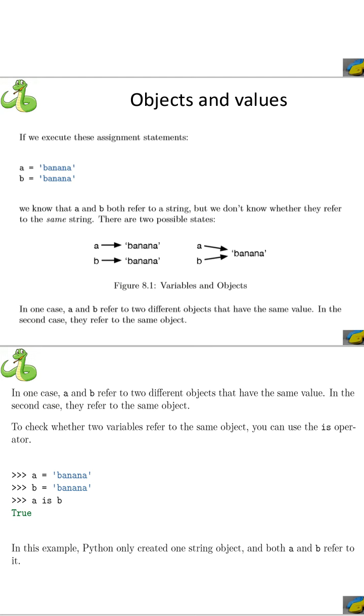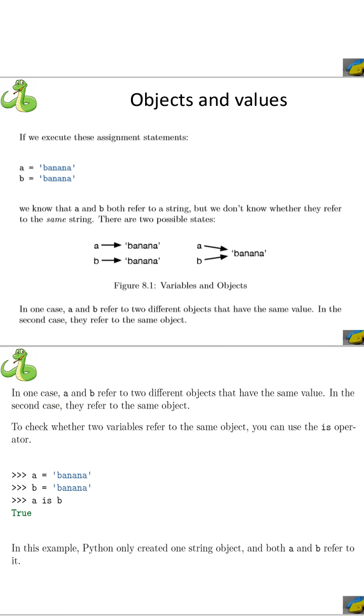What it means is, banana may be assigned to both A and B, but we are not sure whether both A and B refer to the same string in the same memory location or not. There may be a possibility of referring to the same string with the same memory location, or both A and B may refer to the string banana with different memory locations.